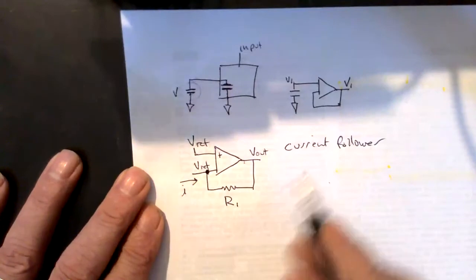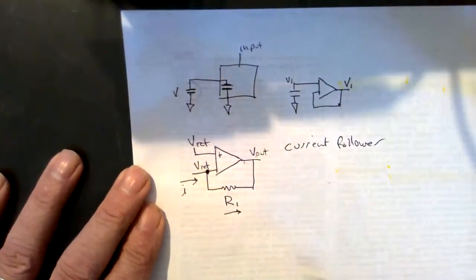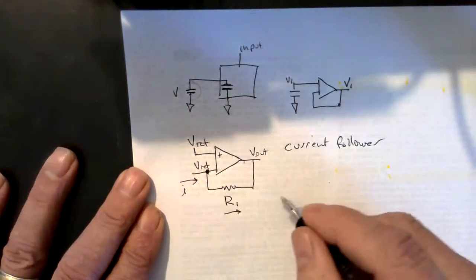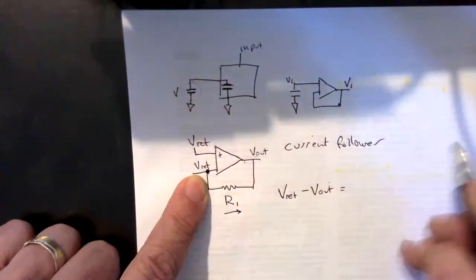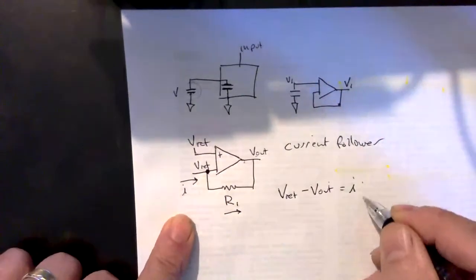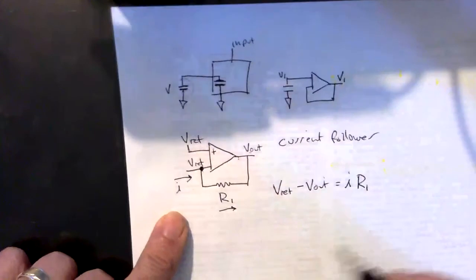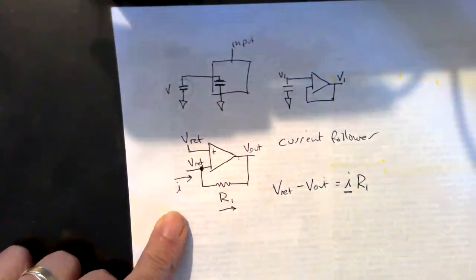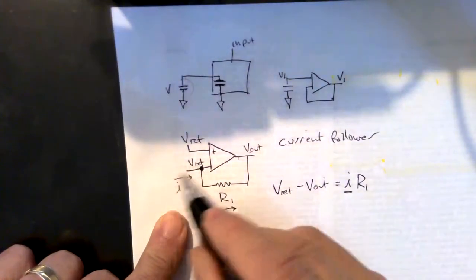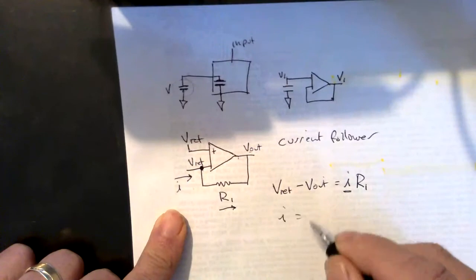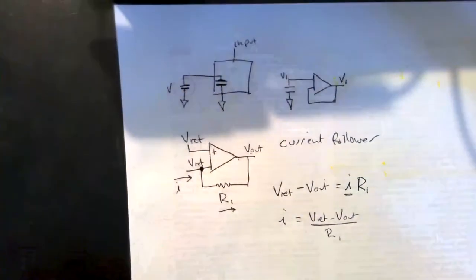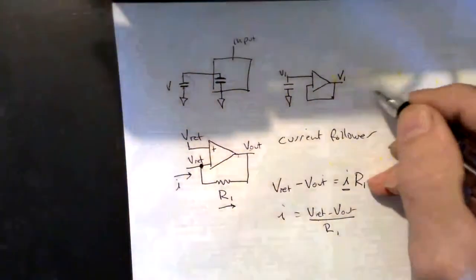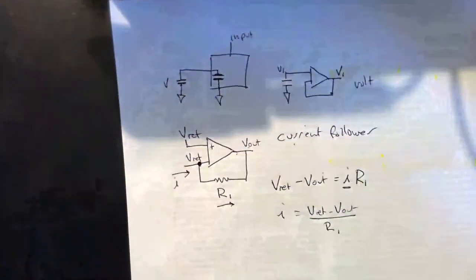And if that's the case, then the current through this resistor will result in a drop in the voltage, and therefore the voltage here, Vref minus Vout, will be equal to the current that flows times the resistance. Okay, so this makes it a straightforward way to measure the current that is coming from some current source. So I is equal to (Vref minus Vout) divided by R. All right, so there's the voltage follower and the current follower, and we also will have to talk about